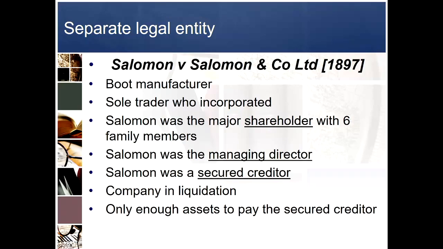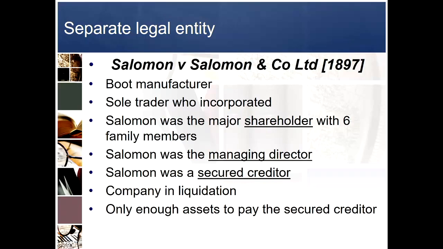So separate legal entity, the company actually purchased the business off him. How did the company pay Mr. Salomon? Well, the company borrowed money. Who did the company borrow the money off so that it could pay Mr. Salomon? It borrowed the money off Mr. Salomon